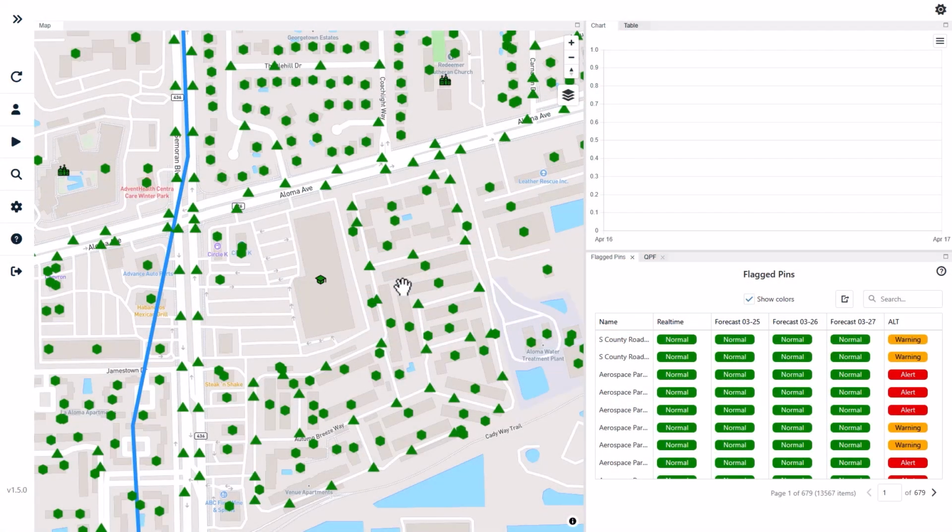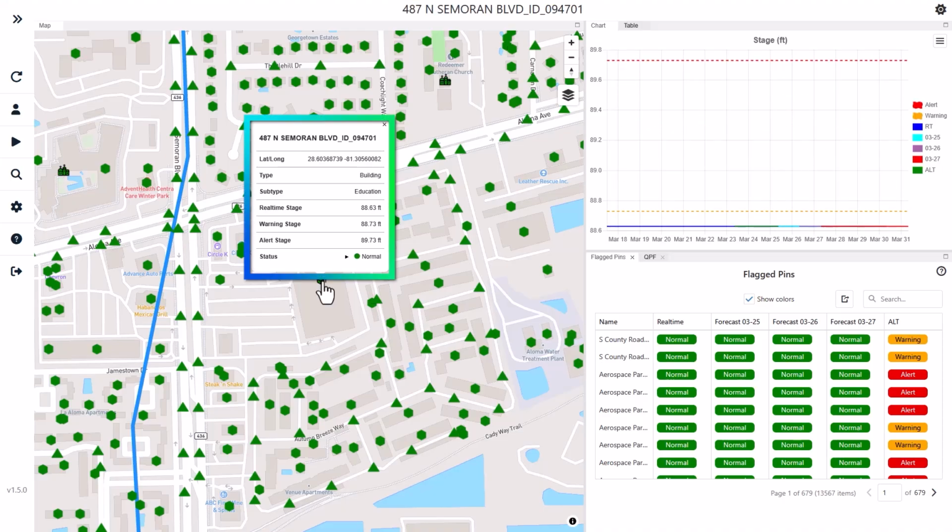FloodWise has also introduced improvements to the information pop-up that appears when selecting an item within the dashboard. When a map element is selected, a more detailed attribute pop-up will now appear directly on the map. The information displayed within this pop-up is dynamically tailored to the type of item selected, allowing you to quickly view